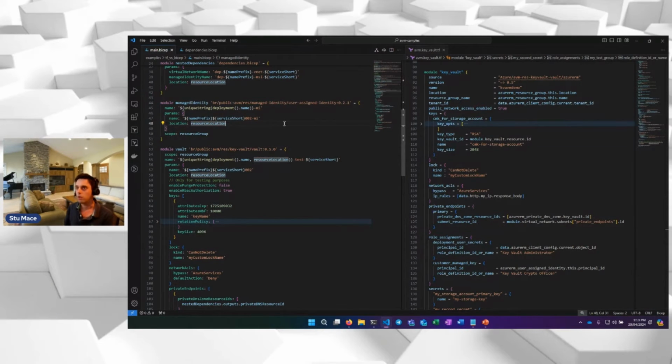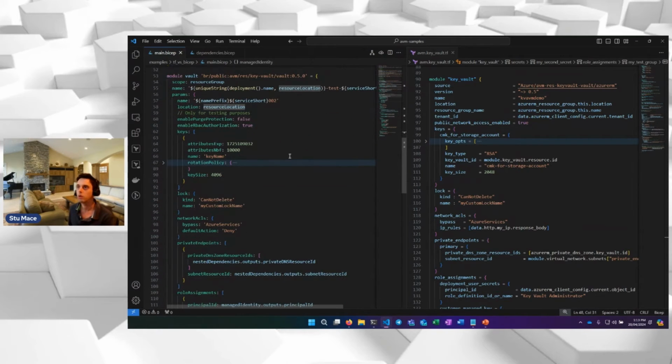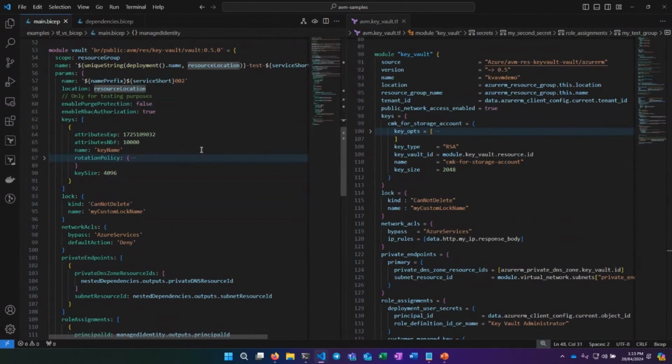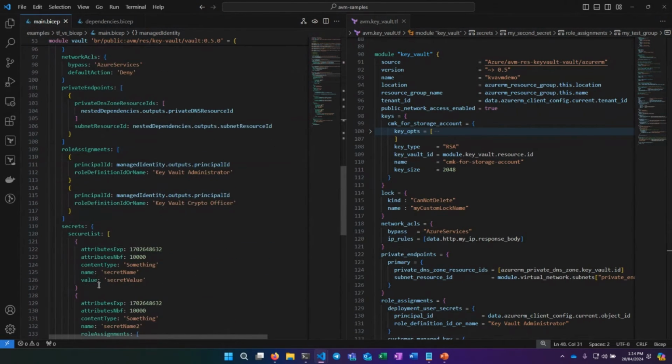So I'll just make this slightly larger. On the left-hand side, we've got some Bicep, and on the right-hand side, some Terraform. The reason for showing these side by side is just to give an indication of that alignment that I was talking about previously, and also to show how these various resources are combined and grouped underneath the resource. So Bicep on the left, obviously, you can see the keys, and a bit further down, there are some secrets down here too.